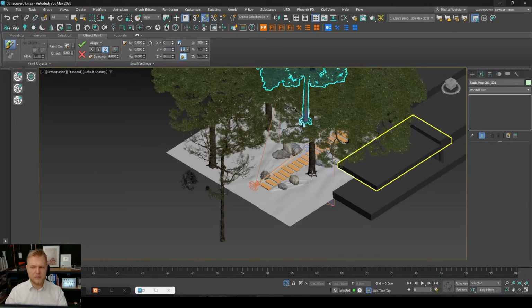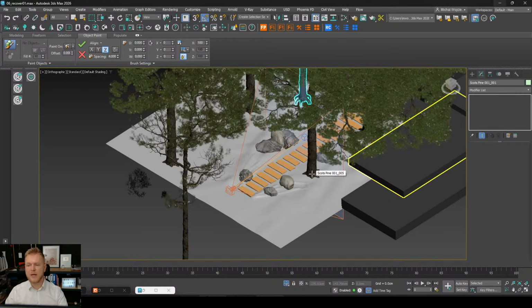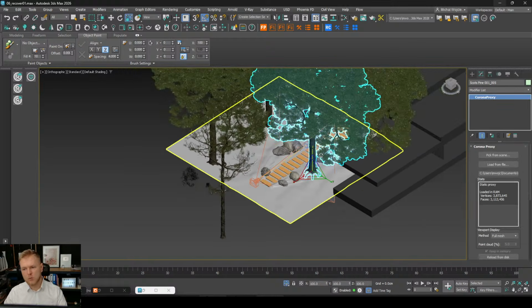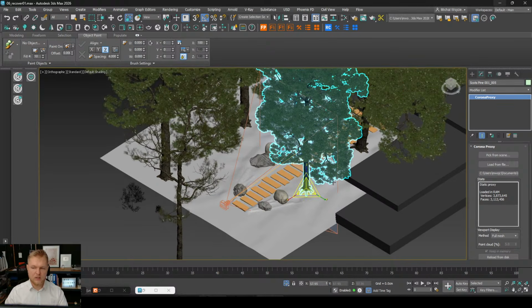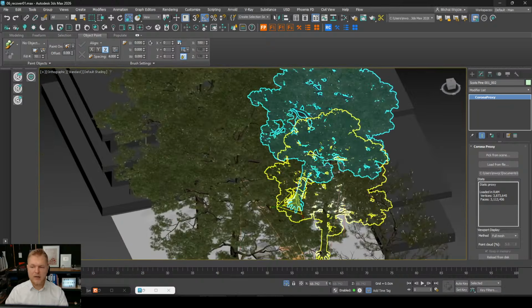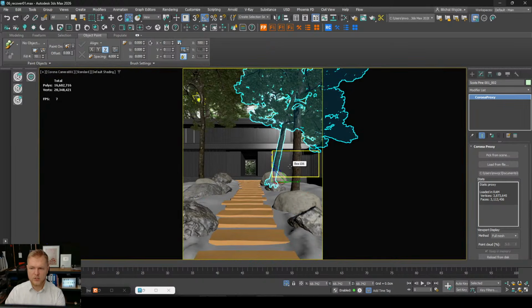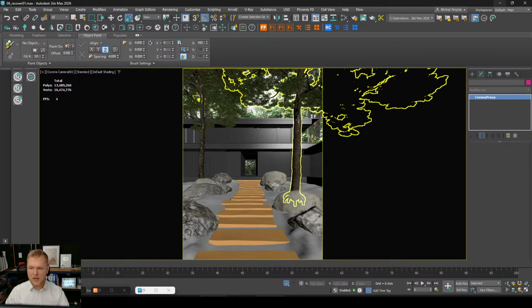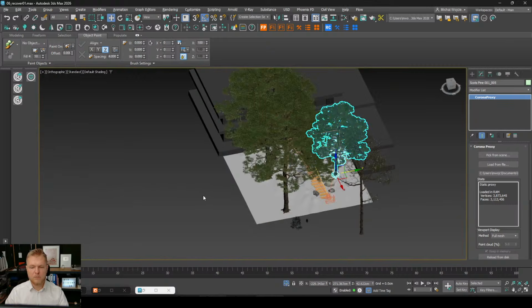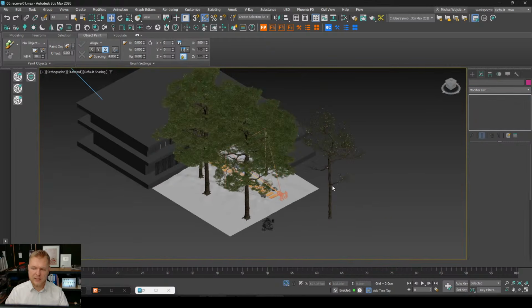I can just drop them down as if I would be painting. Obviously, as soon as I click away, those are now going to be editables. So I can drop down their scale, their values, whatever I need. I think this one is going to be a bit too much, so let's delete you. Also, let's move you a little bit to the left, and we're going to need the second tree, which is much slimmer, to help us get the right